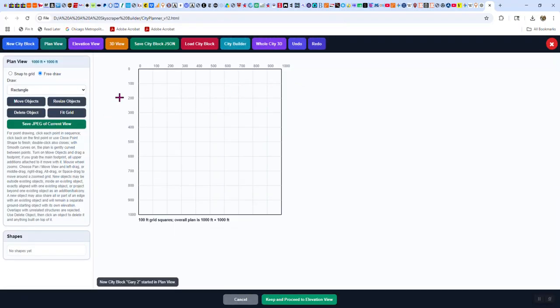And so what we get here, this is called plan view. It says it here. You can always come back to it with this. And you can draw on it, either freehand or snap to this grid. Now look at this grid. This is 1,000 feet by 1,000 feet. It's broken into every 100 feet. If you were to take a quarter of it, the 500-foot line down to the 500-foot line, each quarter, that's 500 feet by 500 feet.